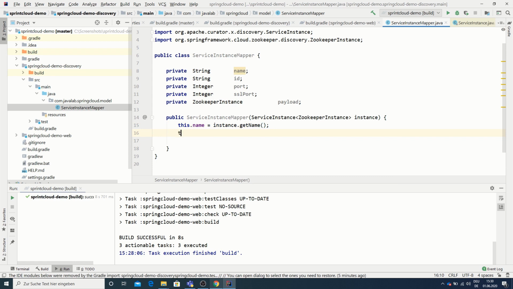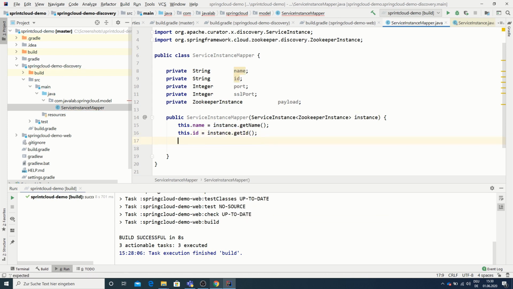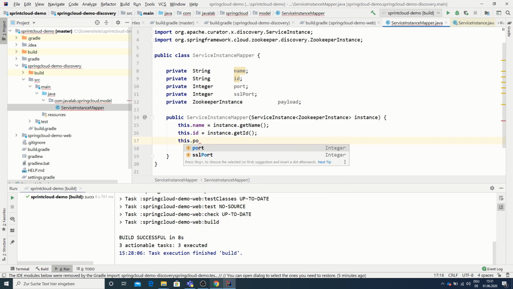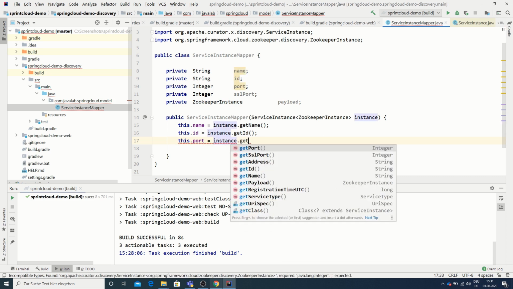Now I'm preparing the data, but we will see afterward how to use it. ID is equal to instance get ID, and this port is where the application will be running afterwards. Get port,